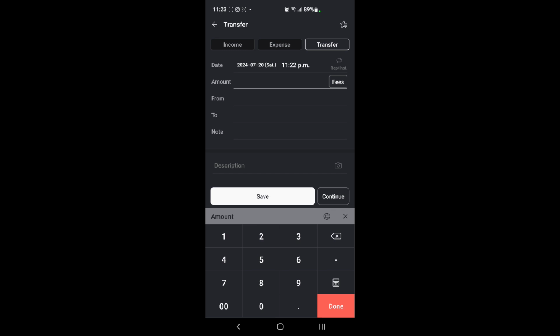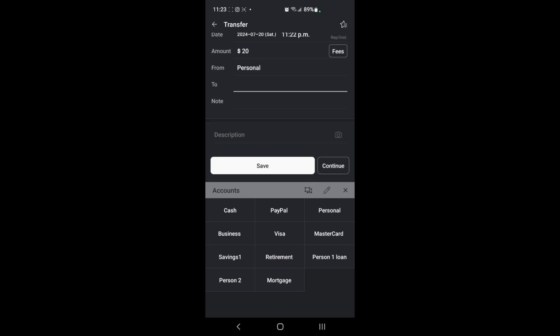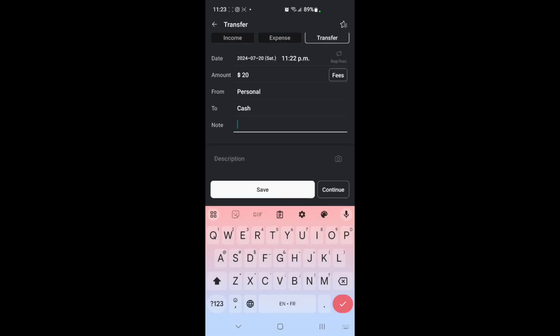Let's say I want to take out money from an ATM. I'm going to take out $20 from an ATM. So I put my amount from, when you go to an ATM, you have to choose your account. So it's going to be, let's say your checking account. I'll say from my personal account to cash, because I'm going to have cash on hand. And that's how you would do this ATM transaction. You can even put ATM transaction,